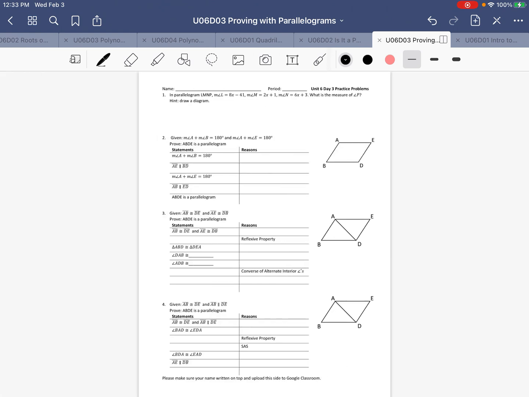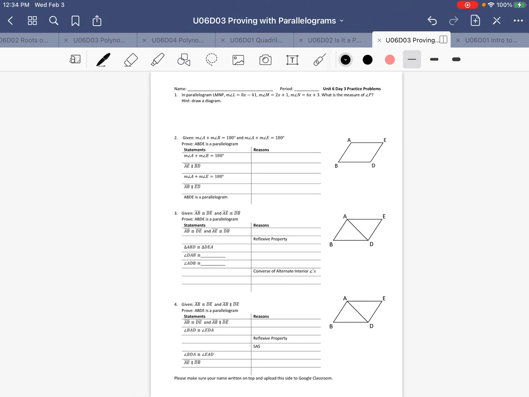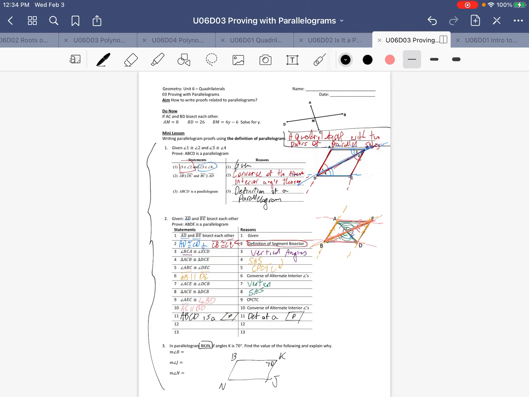Having gone through these proofs, there will be a few more proofs for you to try on your own. If you need help, we'll be going over them in class. So all of these questions we'll be going over in class. All right, so I hope you did well on this Edpuzzle, and I will see